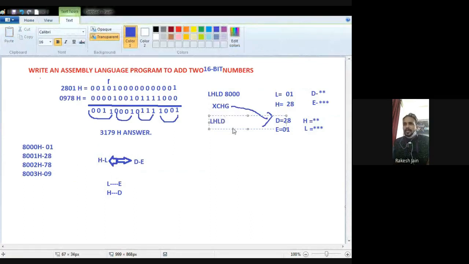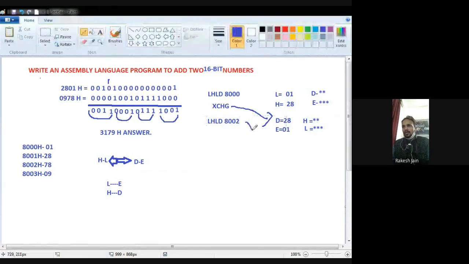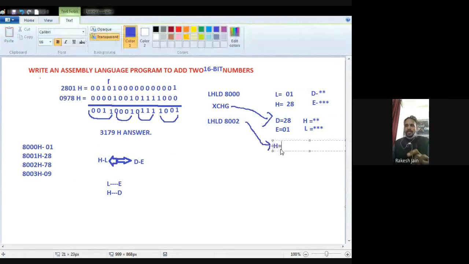Okay, now once again I write down LHLD, and where is the next data? The next data at 2 consecutive memory location is 8002. Now see very carefully, when you write down this step LHLD 8002, now what will happen?